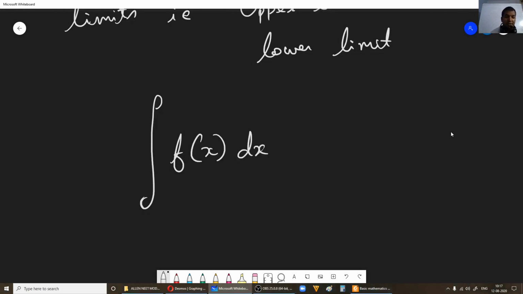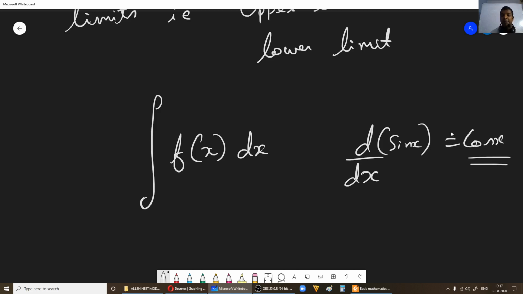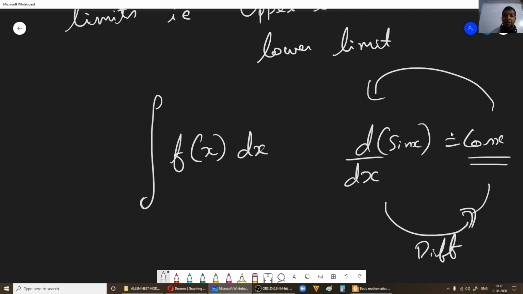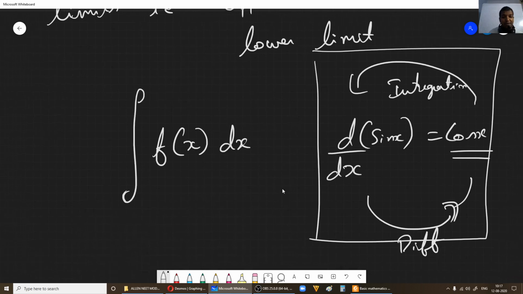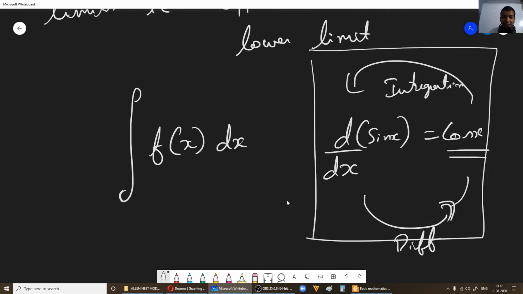See, this is just the normal indefinite integral. Indefinite integrals means you will be given a differentiation of a function. For example, differentiation of sin x, we know that it is cos x. Now cos x will be given to you and they'll ask you to obtain sin x. When you differentiate sin x, you get cos x. When you perform integration on cos x, you will get back sin x. So whatever we did till the last class, you can consider it as indefinite integrals.